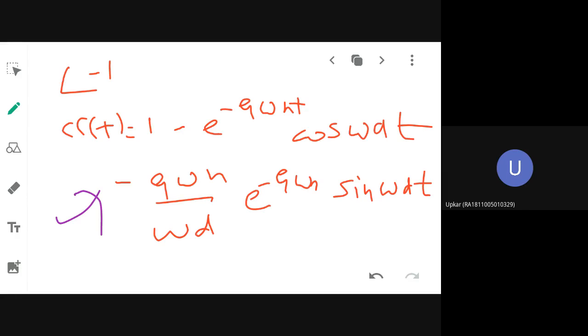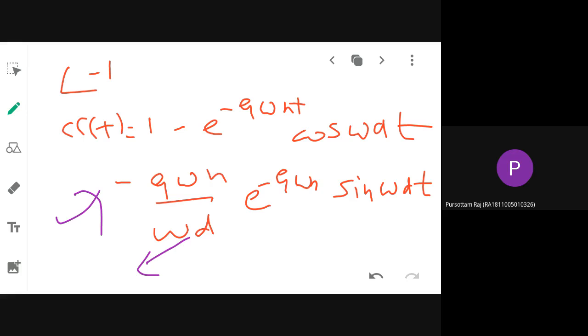Now, still this equation is a little bit complicated. So I can further simplify it by substituting what value for omega d? What can be substituted for omega d? And I can also take one common term out. What is the common term that I can take out from this equation? What is common between the second and the third term? First term is 1. What is common between the second and the third term?